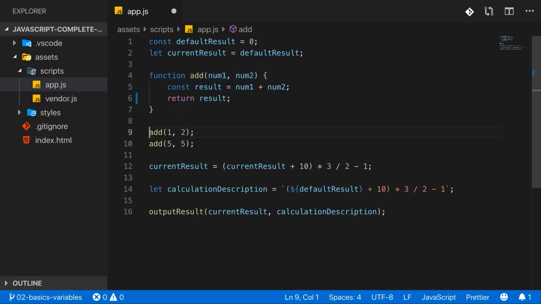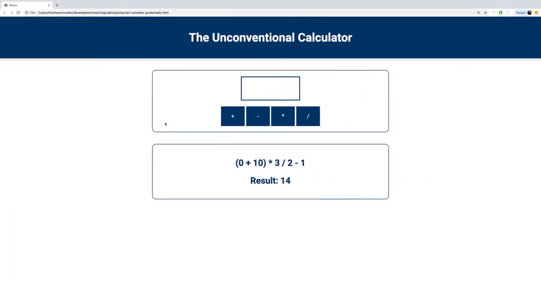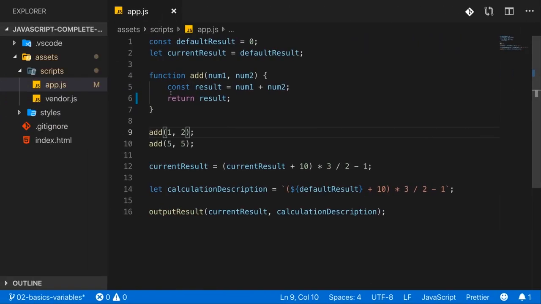This means that when we now execute add like this, nothing will happen if I reload the page. You see, nothing happens. We don't see anything because now the function itself doesn't do anything that has a visual impact. Instead, it returns a value. So that means that add now gives us a value, just like the plus operator or the multiplication operator gave us a value. If we add two numbers together, this gives us a value, and we store that value in a constant. So now calling our function gives us a value,